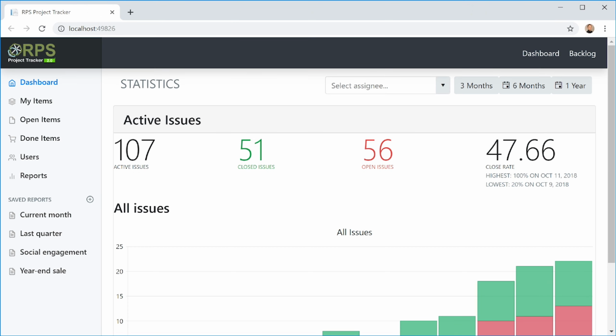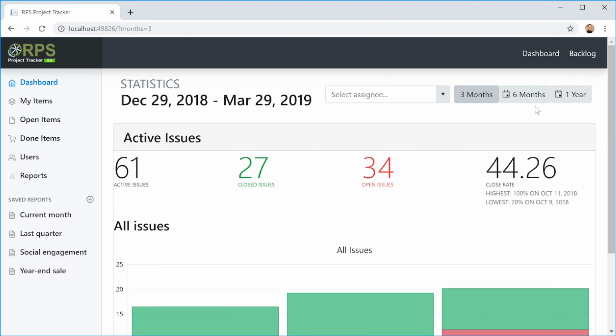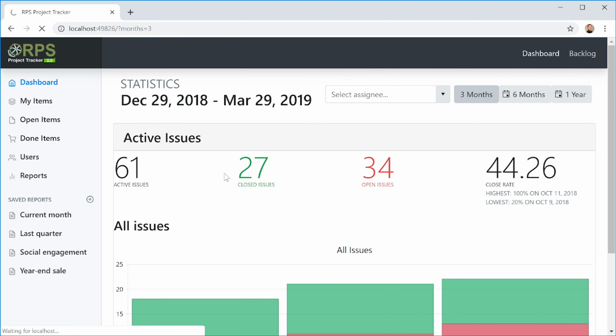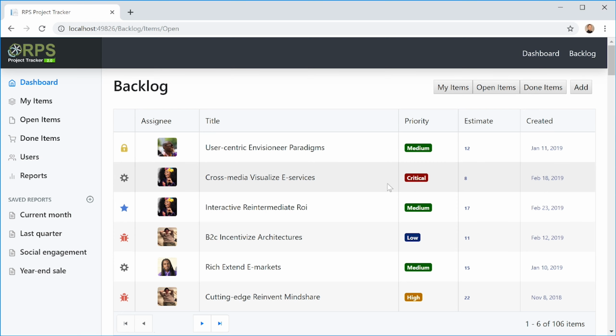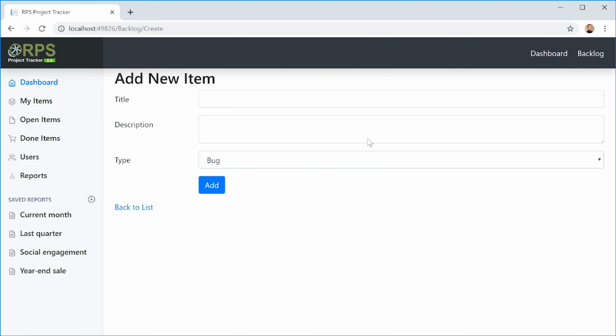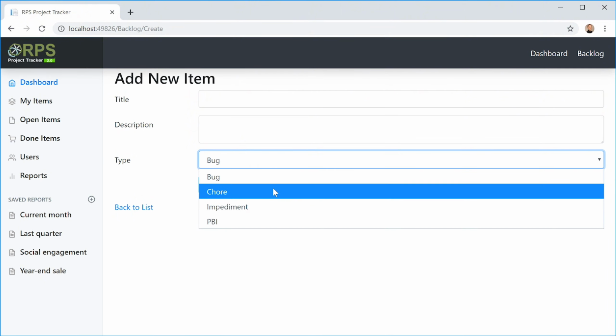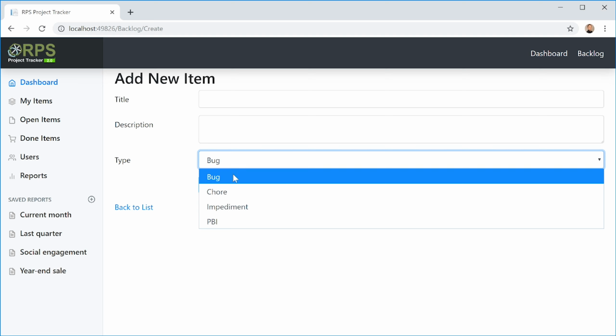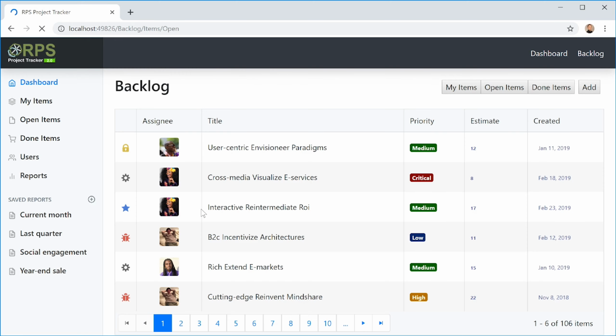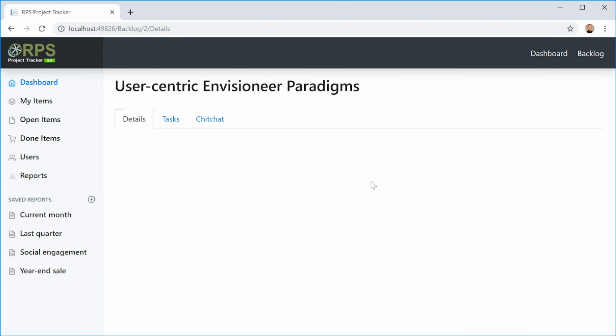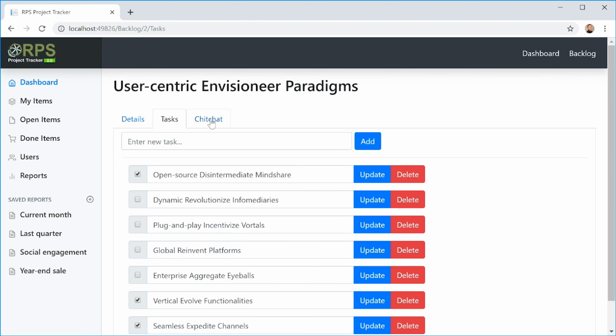Okay, and there's our application, this time styled like Bootstrap. So all our Kendo components here are now adopting the Bootstrap look and feel, which is great because now it matches our application. If I head over to the backlog, here's our grid. Let's go to the add page, and you can see here that these are Kendo related components, but they have the Bootstrap type of interface where the inputs are larger, they're rounded corners, and blue is used as the highlight color. If we head to the details page, you'll see the same thing as tabs are blue and they match